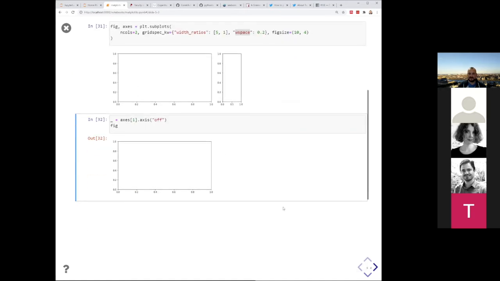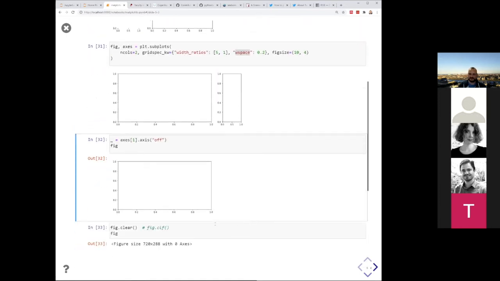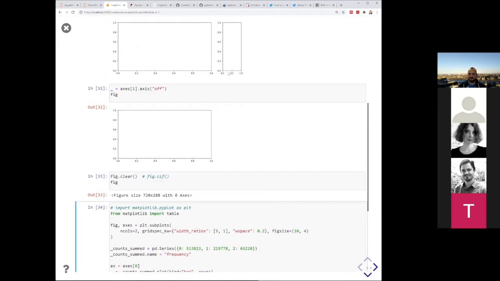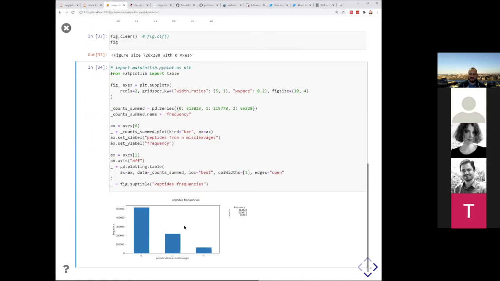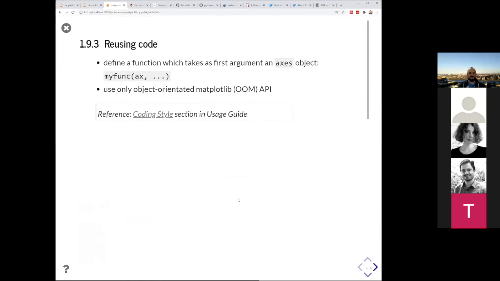Good. But what I actually only want to say is, you have different possibilities to arrange your subplots. You can then also clear the figure and, for example, plot on this one some frequencies, and here use the table from pandas. So you can actually plot the values from the pandas data frame on this figure. Good. Any questions on this part? Otherwise,